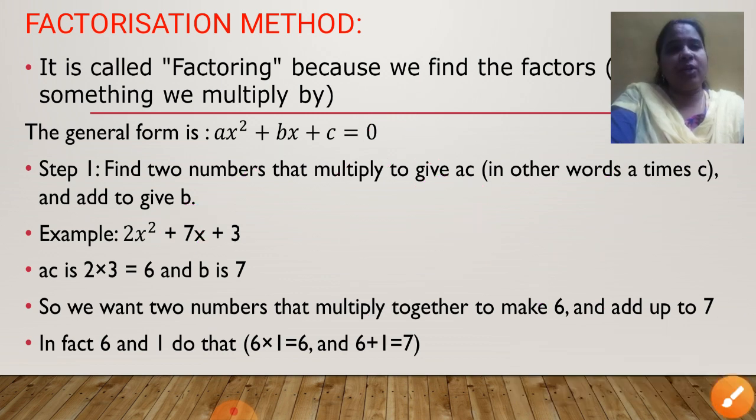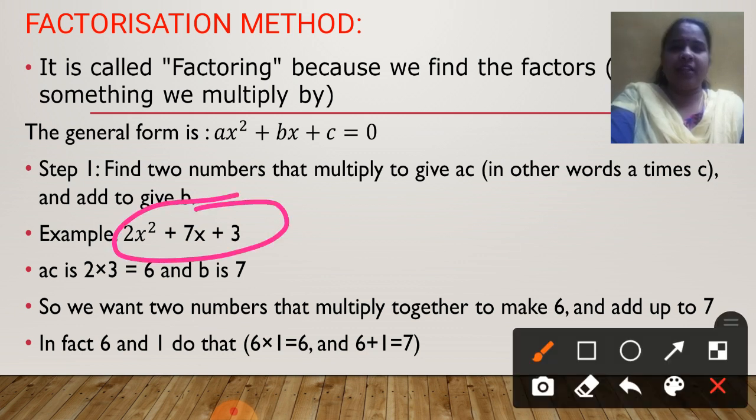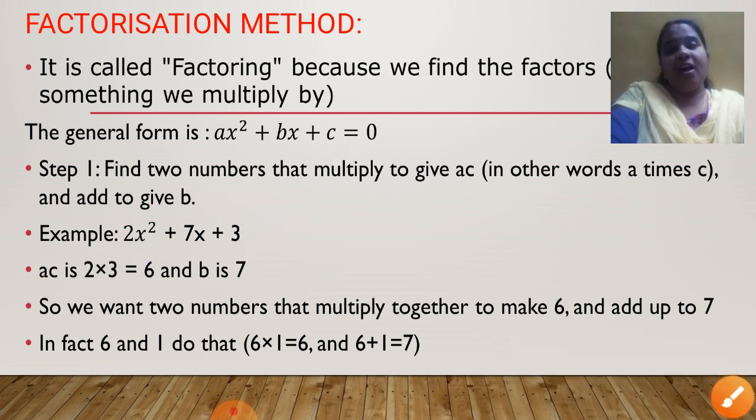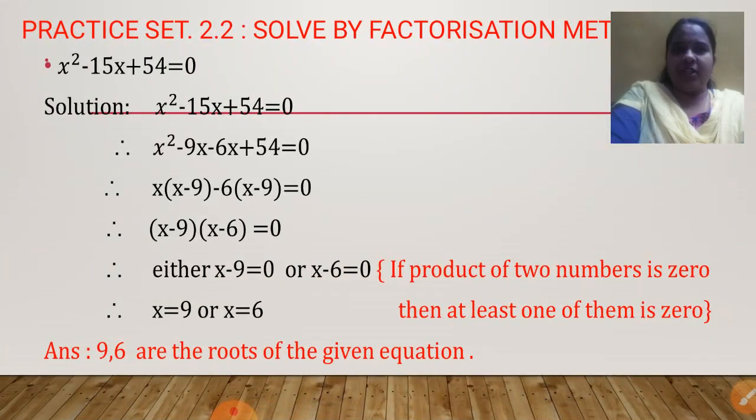I hope you have understood and recollected in fact what you have learned. This is what you have learned in your lower standards. It was a polynomial and you used to factorize it and get the answer. What is the additional thing you are going to learn in this 10th standard is instead of polynomial it will be an equation which will be equated to 0 and you have to get the value of x. Correct? So now let's see how it can be done. I hope you have understood this.